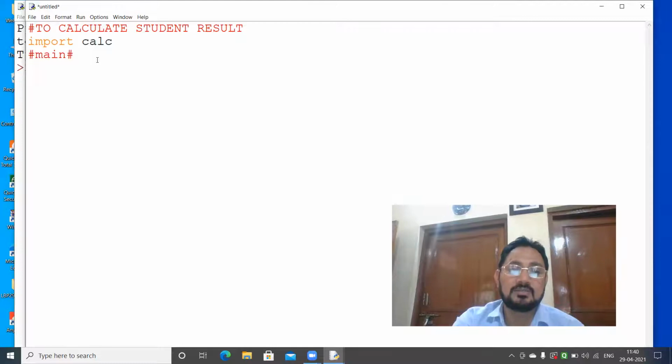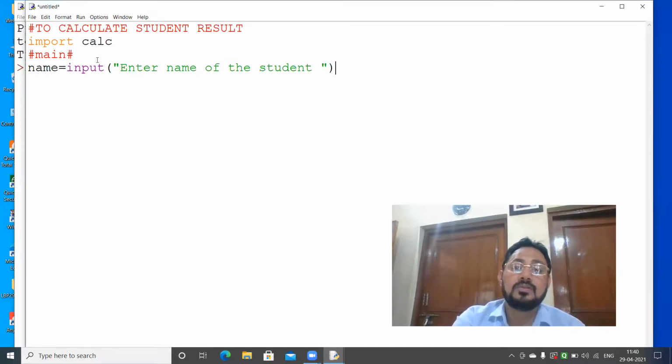And here suppose I am writing name is equal to input, just to explain to you how it works. Enter name of the student. Then I'm going for the total marks, float.